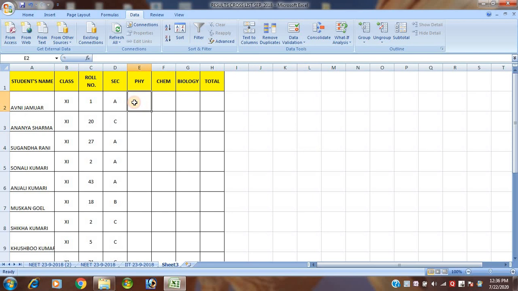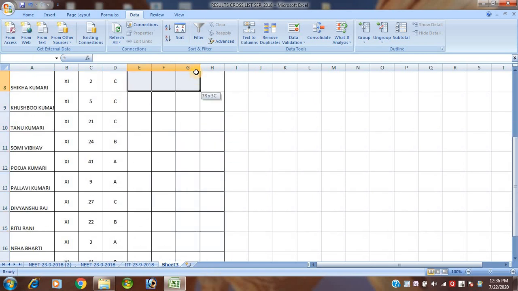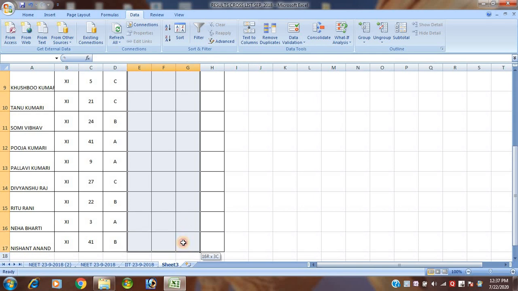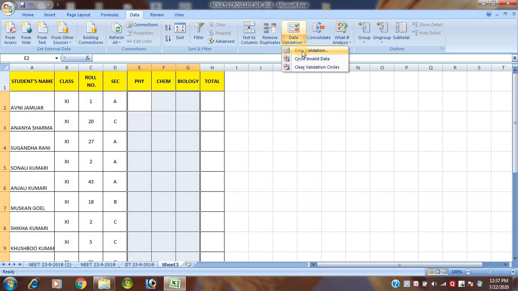Okay student, so I have made some mistakes. Again, before you apply the data validation, first of all you select the range of the blank cells. This is my range of blank cells, where I want to insert physics, chemistry, bio. Select up to how much you want to insert, then click on the data validation.